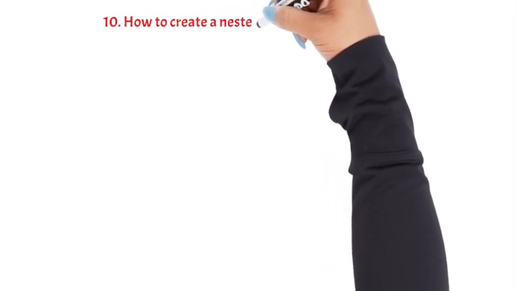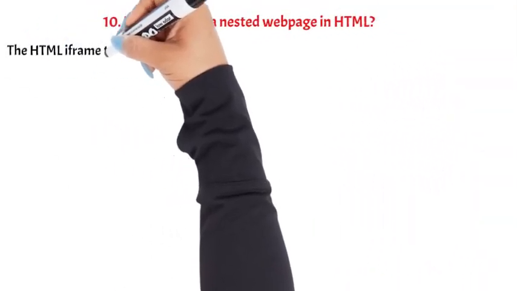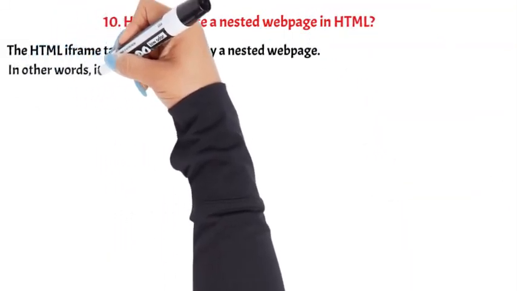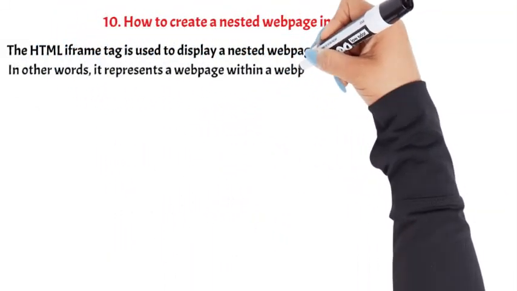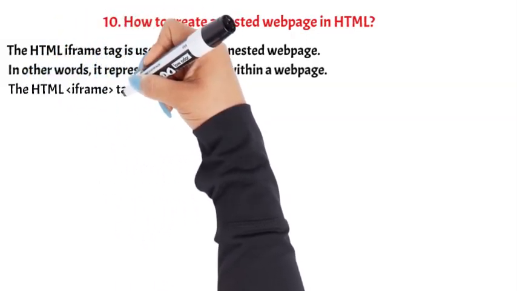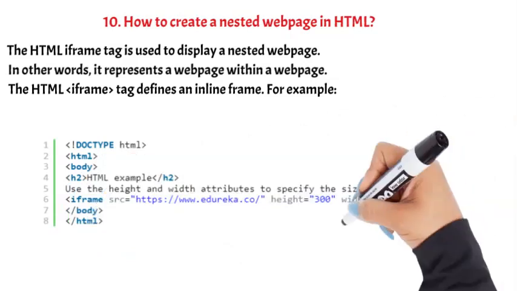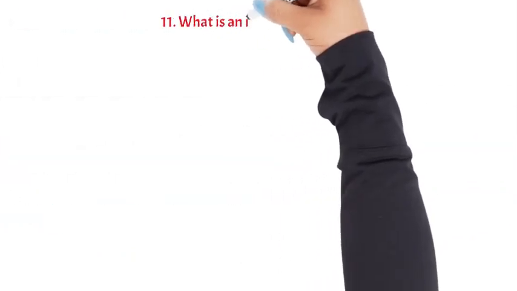10. How to create a nested webpage in HTML? The HTML iframe tag is used to display a nested webpage. In other words, it represents a webpage within a webpage. The HTML <iframe> tag defines an inline frame. For example,